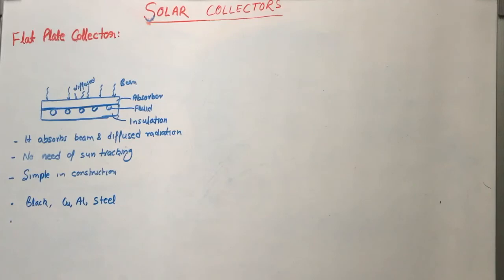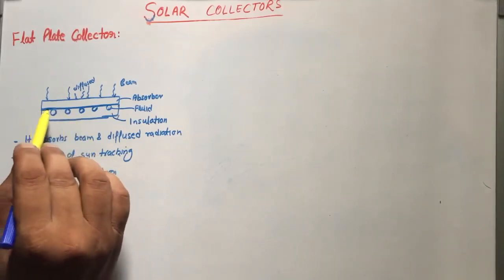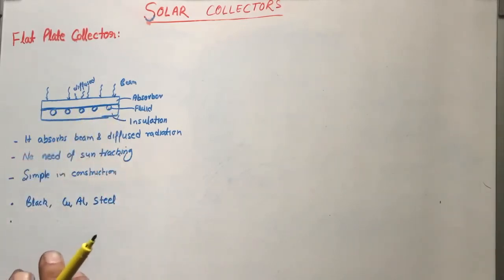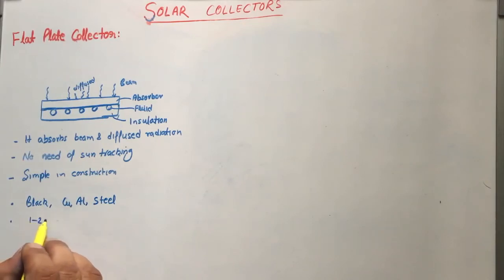Second point that we can see, this absorber surface should have an optimum thickness, that is 1 to 2 millimeter thick,